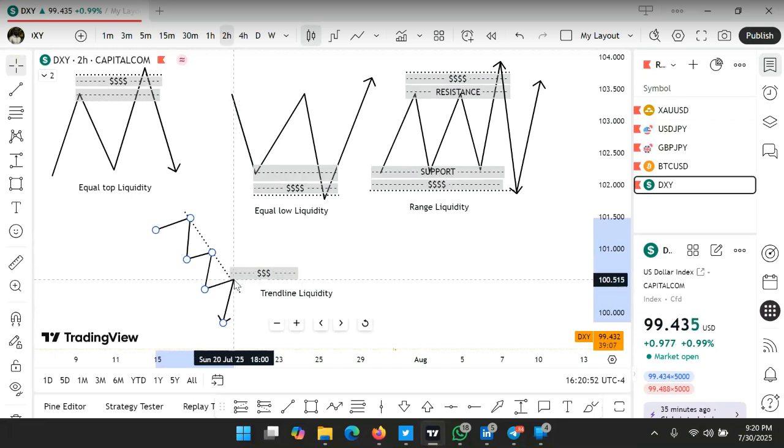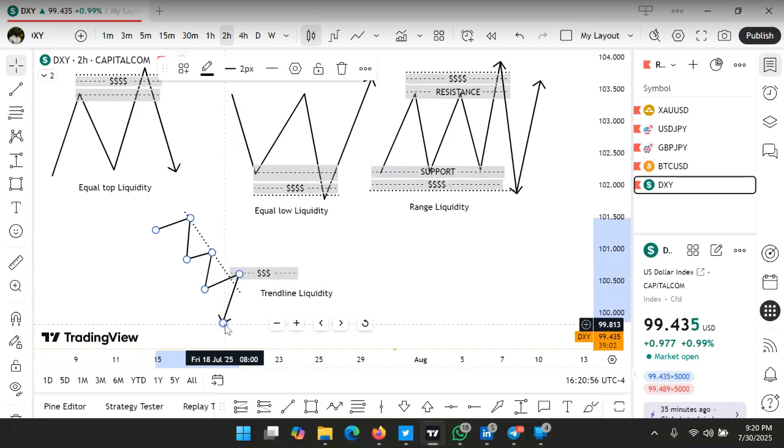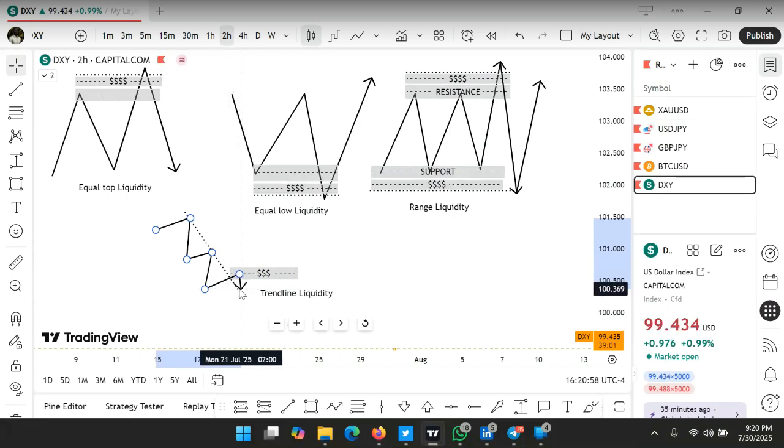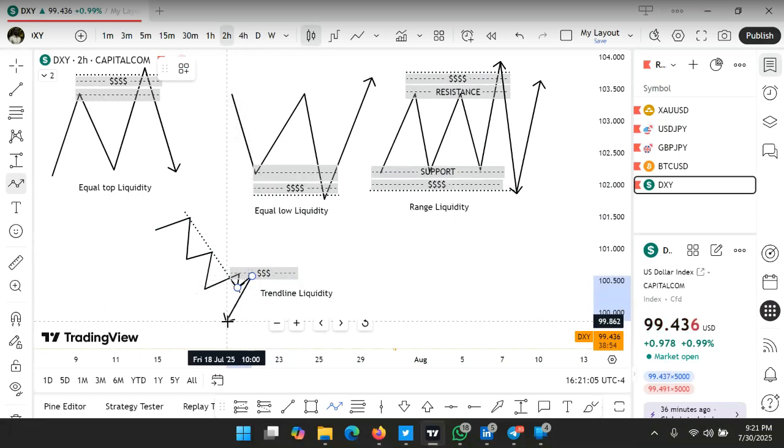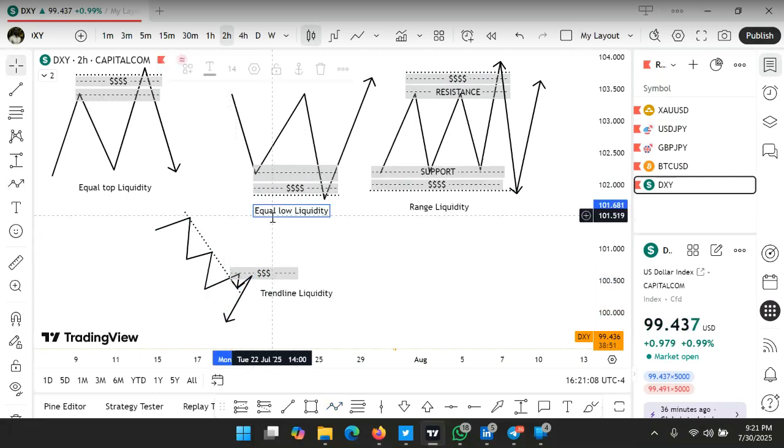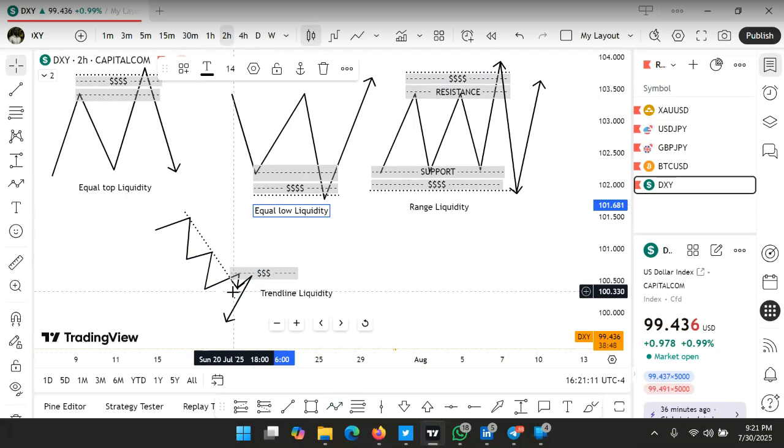The market will take liquidity on both sides. The market will do something like this, right? It will break out and pretend as if it is going to buy, and instead, the market will now come back and go towards its normal direction. So what this means is that the market took out liquidity. You want liquidity on both sides. It took out liquidity from there and then began to fall. That's the essence of liquidity.